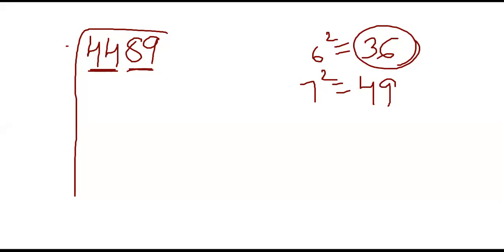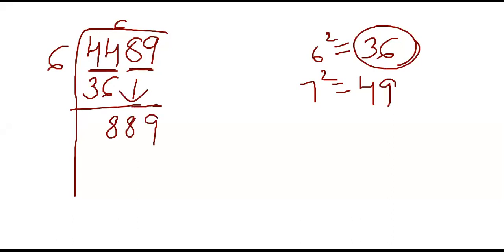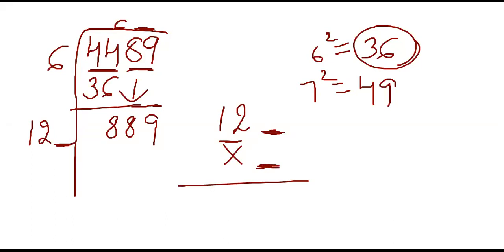हम square number लेते हैं, like 6 into 6 is equal to 36. Now subtract, 44 minus 36, 8. Take down 89. Pair will be taken here. Then 6 plus 6, 12. Now again, this and this should be same. Like you are to multiply the numbers with 12 here. You have to find out this unit digit and this number in the quotient so that you can multiply and you get 889. Right? It will go on 7.